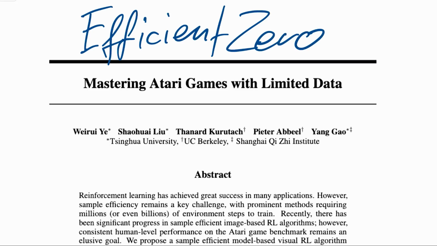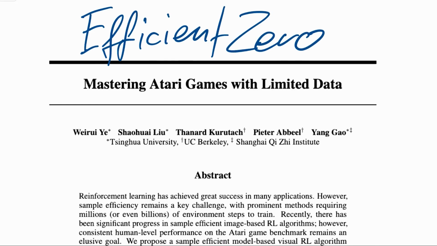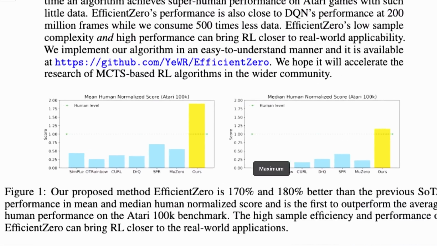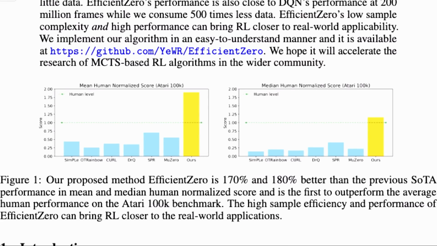It's about 2 days worth of real-time data to work with, and after that the model is supposed to be able to play Atari. So this is a variant on MuZero, which is an insanely data-intensive reinforcement learning algorithm, and it introduces various tricks and various amendments to MuZero to make it more sample efficient. So when we look at this paper, you can see the gist of it right here.